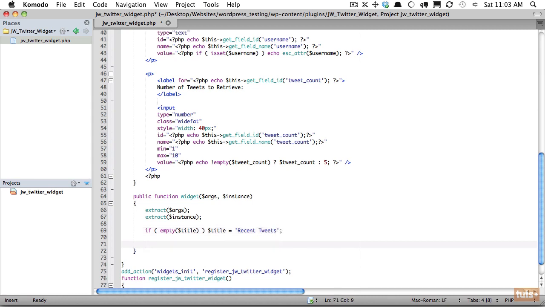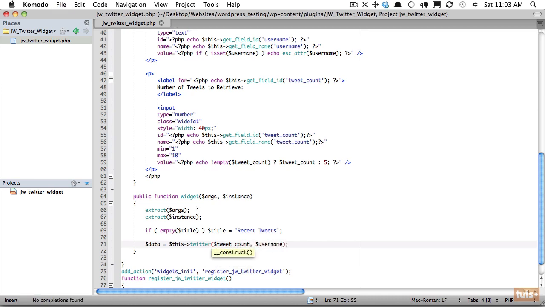Next, let's get started with the Twitter functionality. But we don't want to clutter up our widget method too much. So why don't we abstract this away to its own method? And this method is going to return the tweets, presumably. So we'll store that in something called data. This Twitter. And this method, of course, is going to need to receive the tweet count as well as the